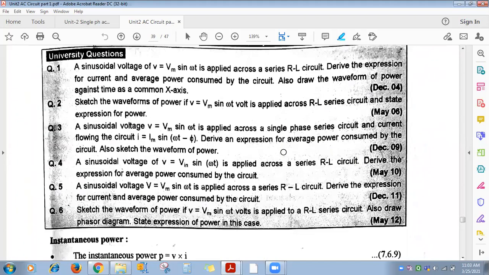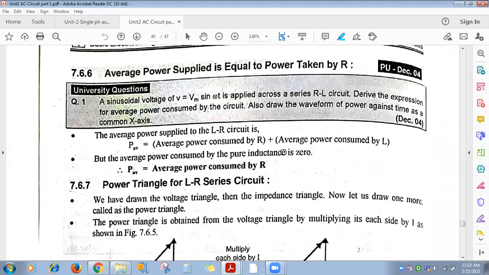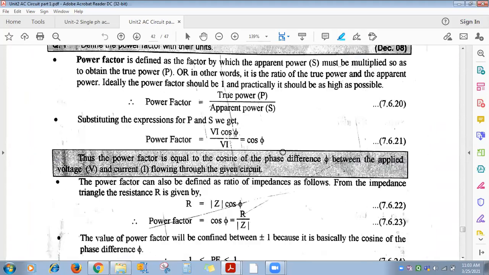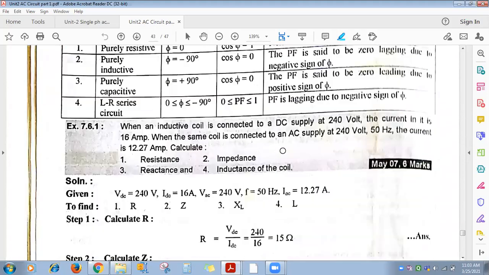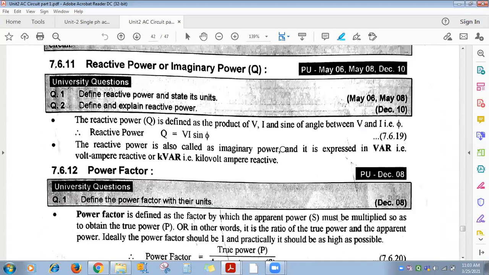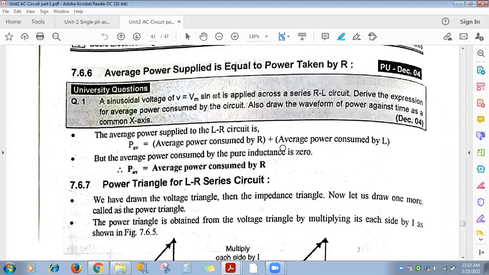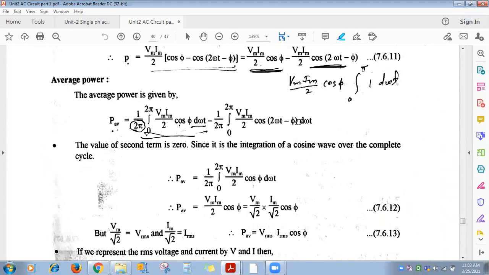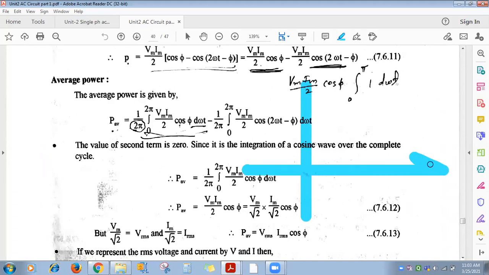And next one is instantaneous power and average power. Average power we got as VI cos phi, so it will be some line parallel to the x-axis. That will be its representation. Here the power waveform is not there. VI cos phi we got. So how can you denote average power? Any line parallel to the x-axis with some magnitude. This is the average power.